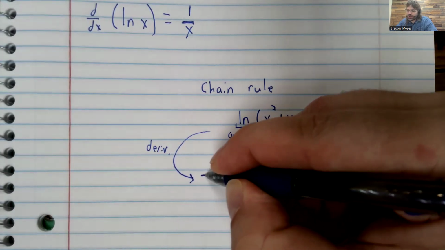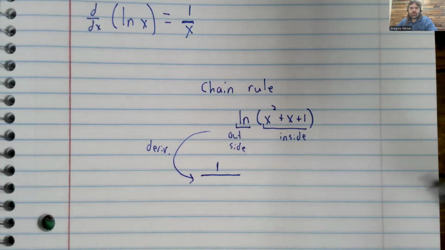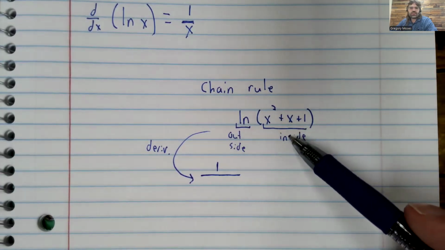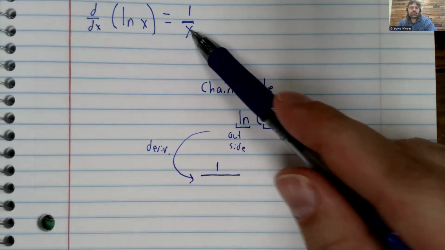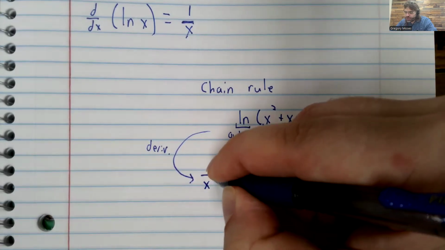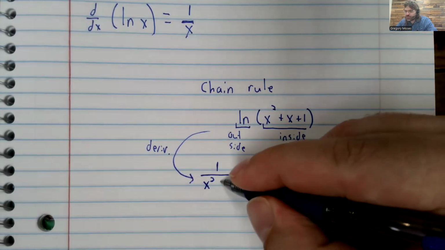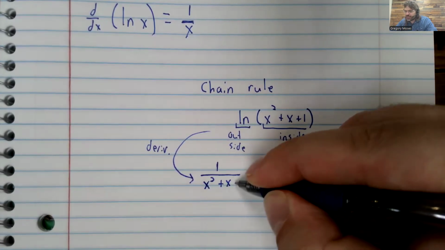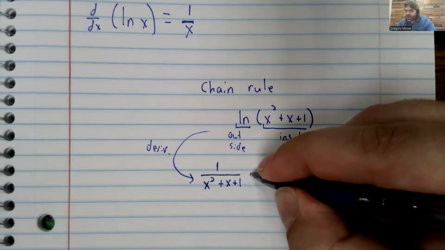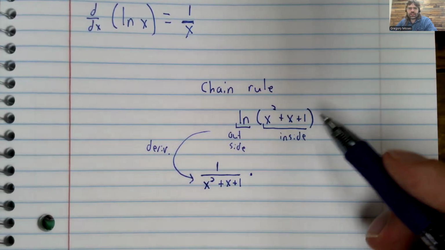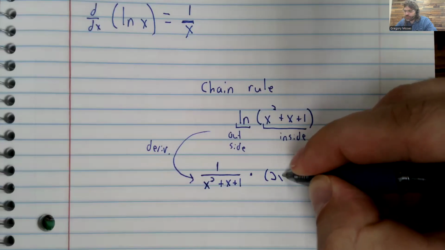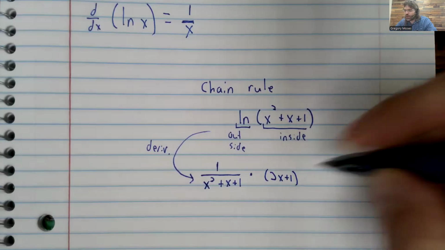So we take the derivative of the outside function, we stick the inside function into x: 1 over x squared plus x plus 1, times the derivative of the inside function, 2x plus 1,